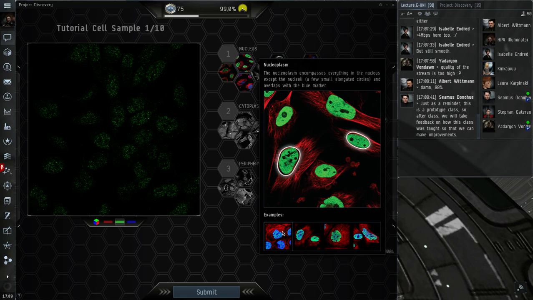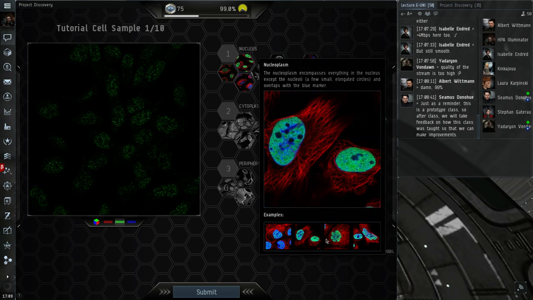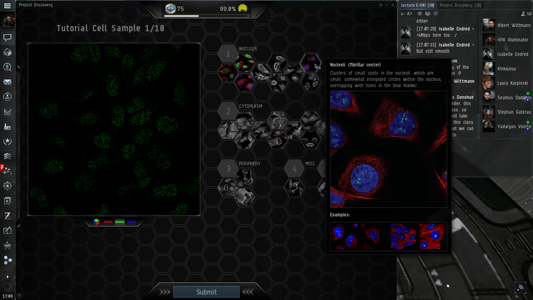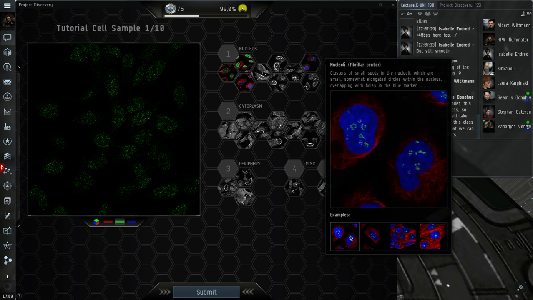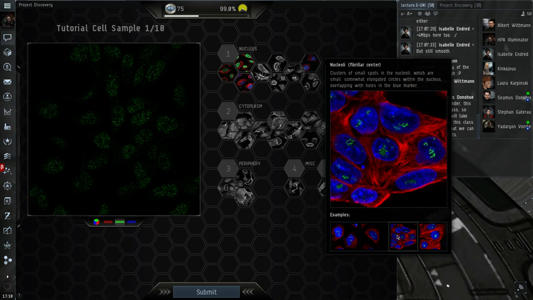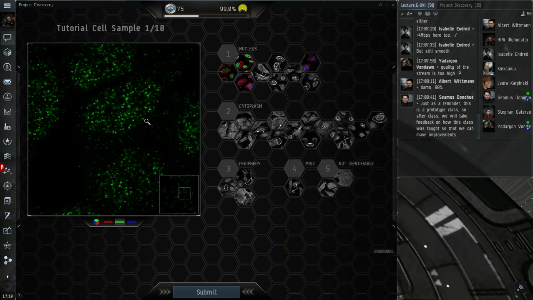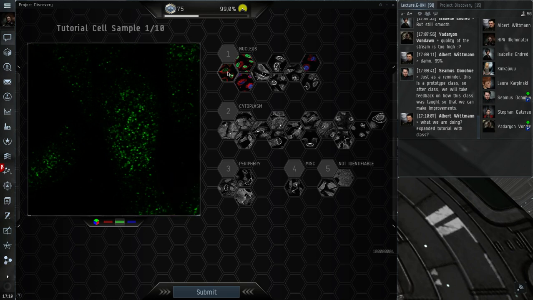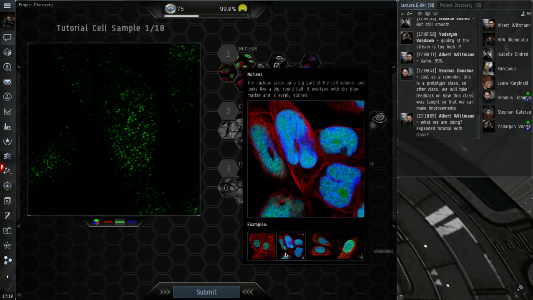And for each of these images, you can also see some other extra examples. Then we can also have some nuclear bodies, which are distinct spots in the nucleus. And you can also have nucleoli, fibrillar center, which are small spots that are overlapping with the holes in the blue. So in this case, I would say that the nuclear staining is quite even. So I will go for nucleus, because I think it looks really similar to these images.